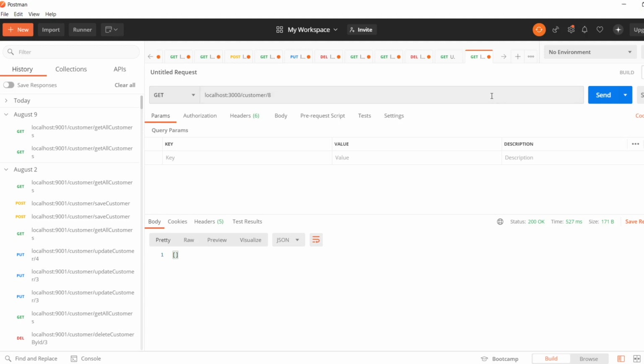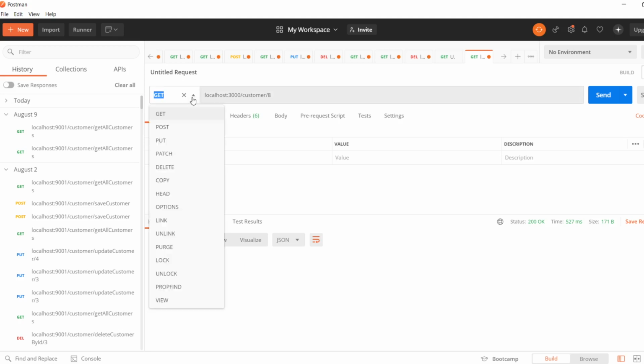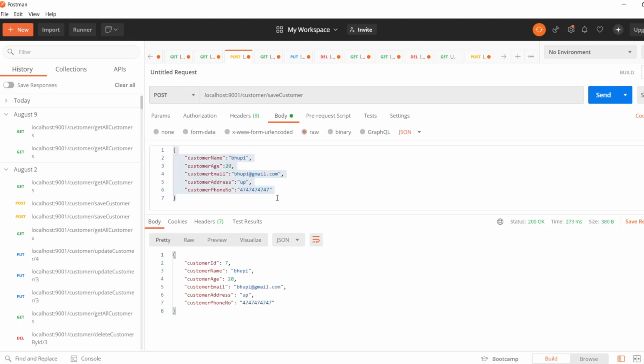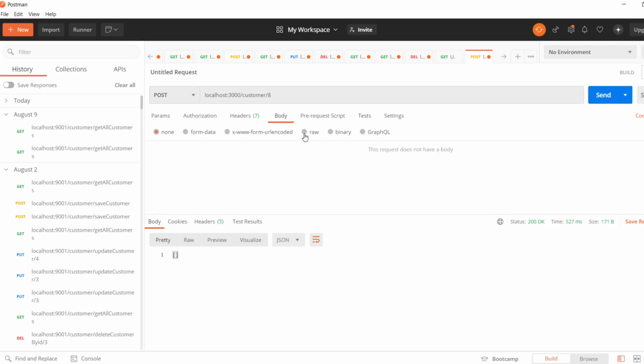So now check post. For post, let's make it post. Inside body we have to pass the data. So let's copy this JSON from here and paste it here.